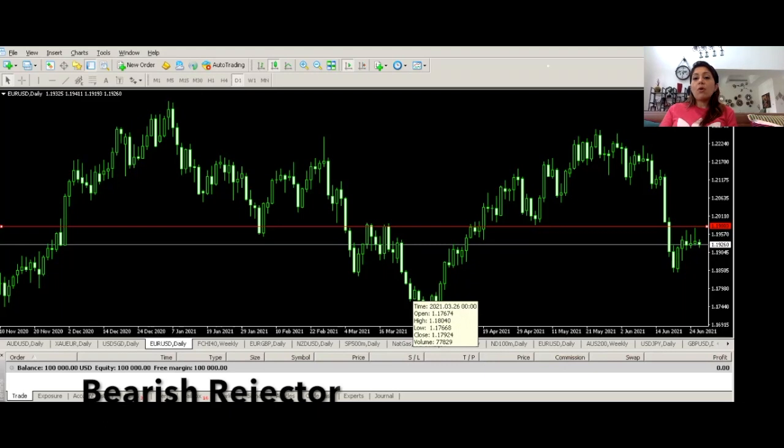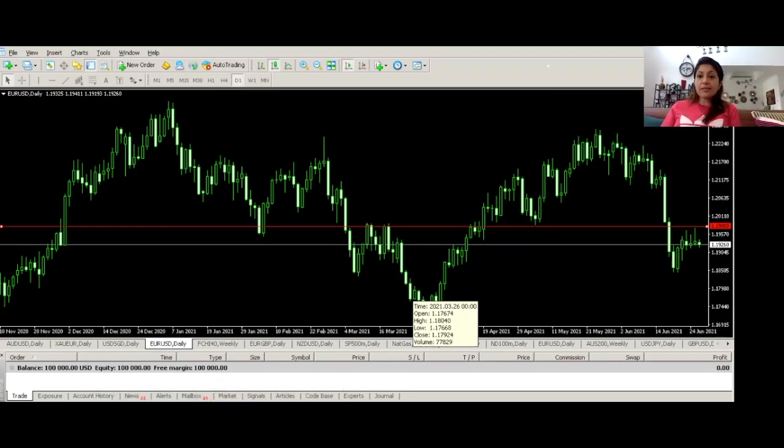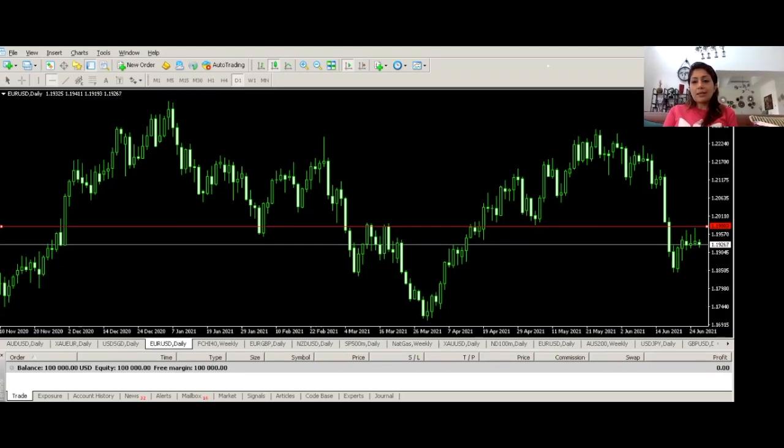So once we have all these three factors in place, the market structure which is bearish, the price level which has gone up to a previous resistance, and the price action which is showing us that prices have the tendency to fall from this point, we are going to short the euro dollar. And I would be looking to hold my position to at least the next support.